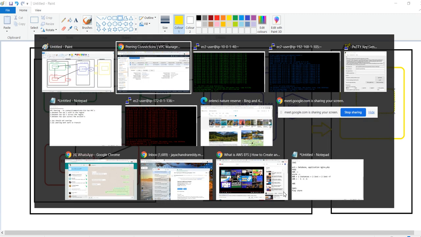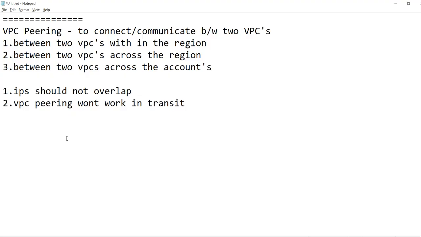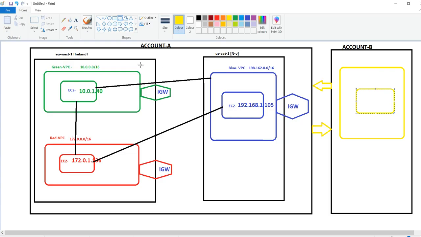Now what is the use case of this peering? At the starting stages, I was assuming this is the use case: there are two companies, company A and company B. Whenever company A is acquired by company B, communication needs to be established from the A account to the B account.